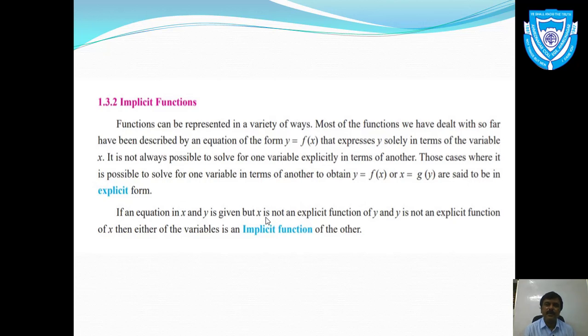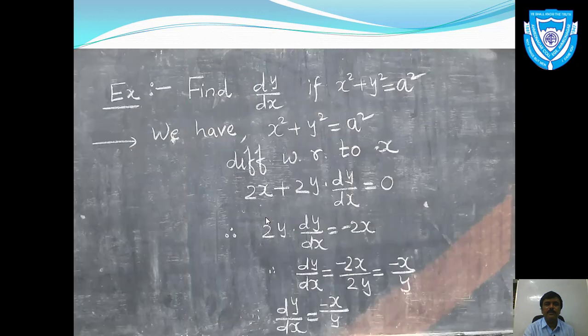Then what is implicit? Its definition is very simple. The function which is not explicit is called as implicit function. जो फंक्शन explicit नहीं है उसे हम लोग क्या कहेंगे? Implicit function कहेंगे. Now the question is how to find the derivative of the function if it is implicit. अगर कोई फंक्शन implicit है तो उसका डेरिवेटिव कैसे फाइंड आउट करते हैं? The method to find the derivative of such function is very simple. Have a look on this example.